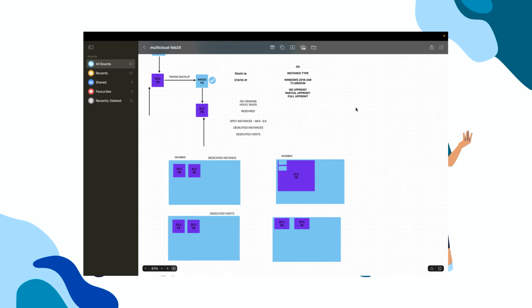And then later we discussed about different purchasing models: on-demand instances, reserved instances, spot instances, dedicated hosts, dedicated instances. On-demand instances means whenever we want to create an instance and whenever we want to delete that instance if we don't need it, that we call an on-demand instance. The pricing for on-demand instances will be on an hourly basis. And coming to the reserved instances,